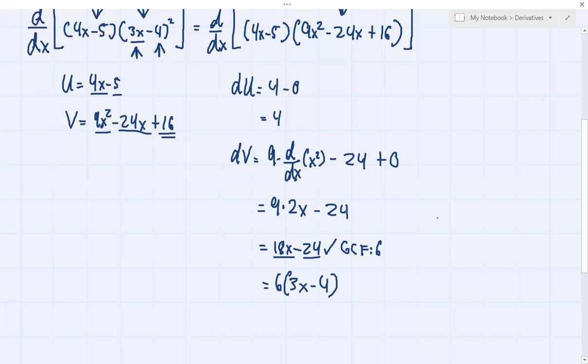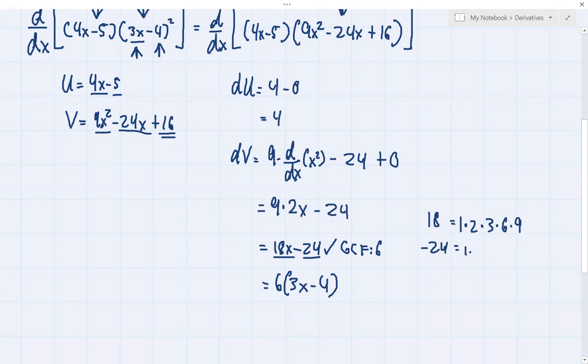Okay, bigyan ko kayo ng example. Di ba we have 18 at saka si negative 24. Okay? So ano yung mga factors ng 18? Pwedeng si 1, di ba? Pwede ring si 2. Pwede ring si 3. Pwede ring si 6. Okay? At pwede ring si 9. So let's stop right there. Si negative 24, ano yung mga factors niya? 'Di ba? Pwede namang